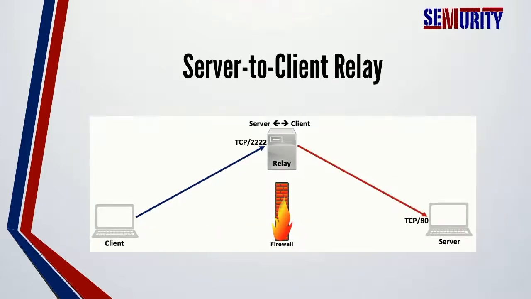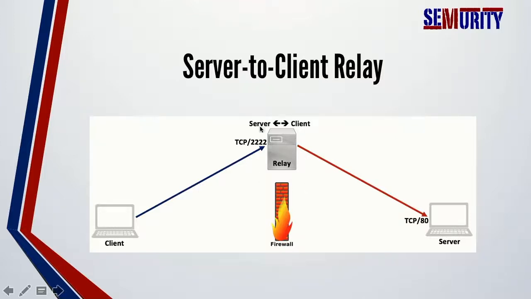If we look closely at this specific example, we will see that the target system is running a server on port 80, and that's a website. And we want to access that website. We want to access that resource. We want to access that server on port 80 from our machine. However, because of the firewall, we cannot access it directly. So what do we do in this situation?